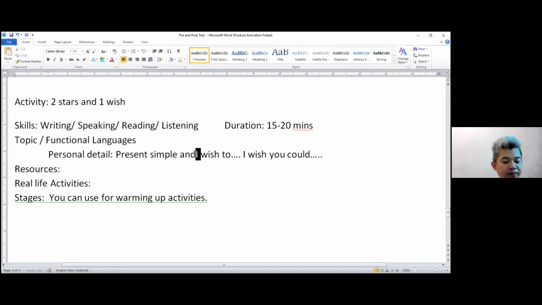And subjunctive. I hope everyone understands what subjunctive is, because I don't really want to explain it here. So subjunctive, what about the resources that we use, the material? Do we use technology, right? Writing.